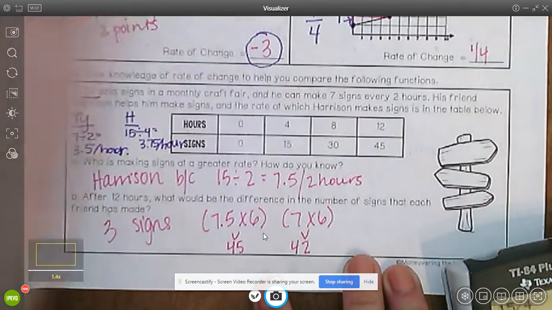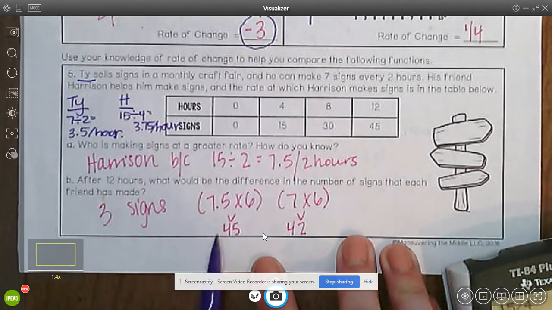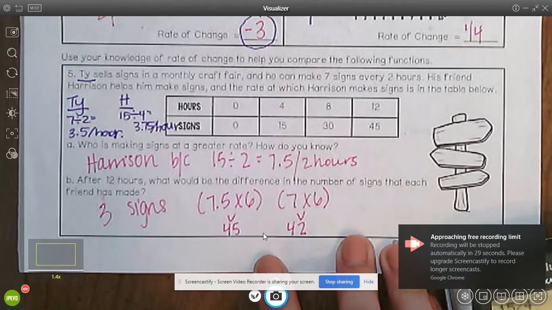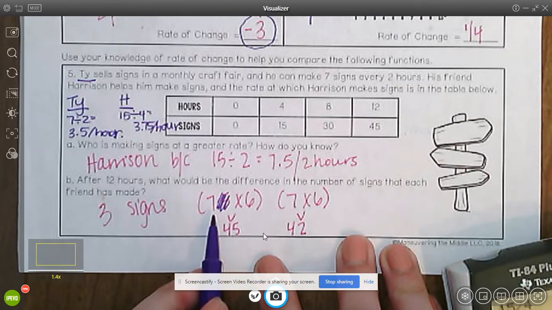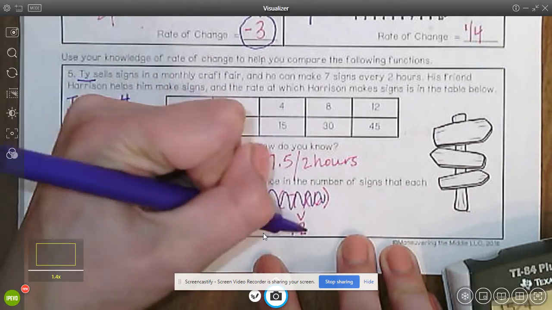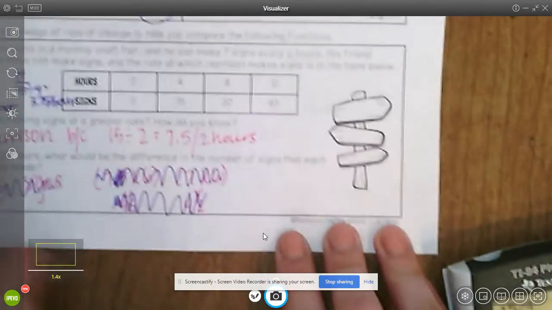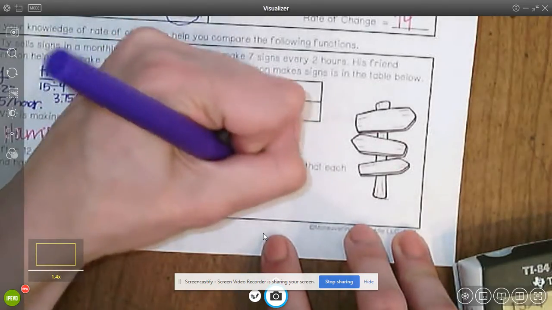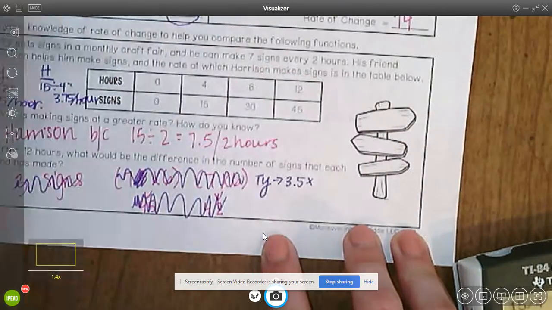Okay, and then next, after 12 hours, what would the difference in the number of signs each friend made be? So, the way that Miss Gaskins chose to do it, she knows that Ty sells 7.5 signs. Oh, nope, that's a mistake. He sells 7 signs every 2 hours. Oh, okay, I'm just gonna redo this one because she did it in a different way. It's a little confusing. We're gonna just do it this way. Okay, after 12 hours, what would the difference in signs be? So for Ty, if Ty makes 3.5 every hour, we can do 3.5 times 12,